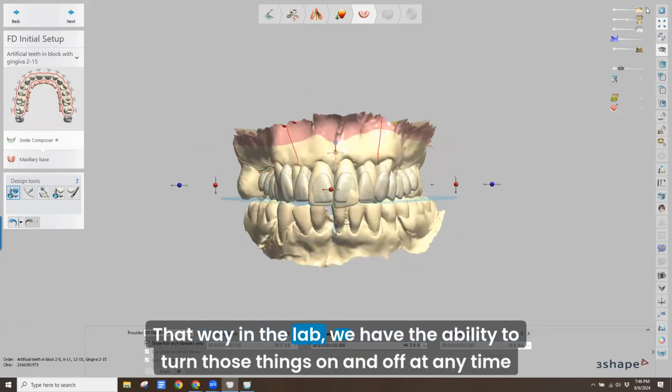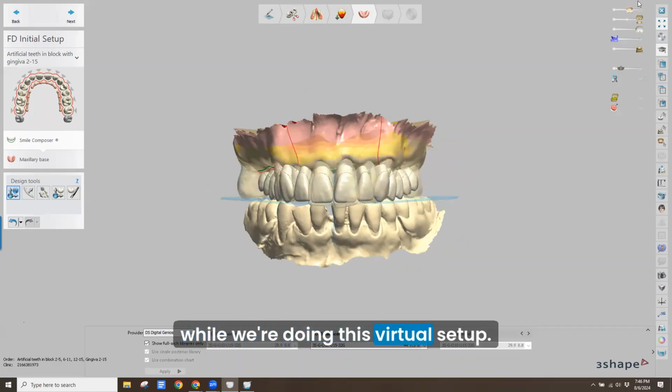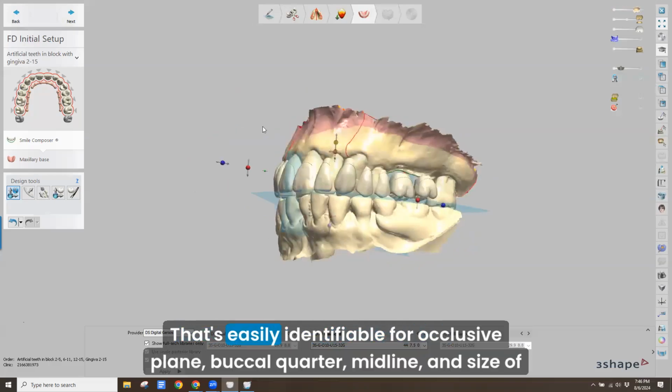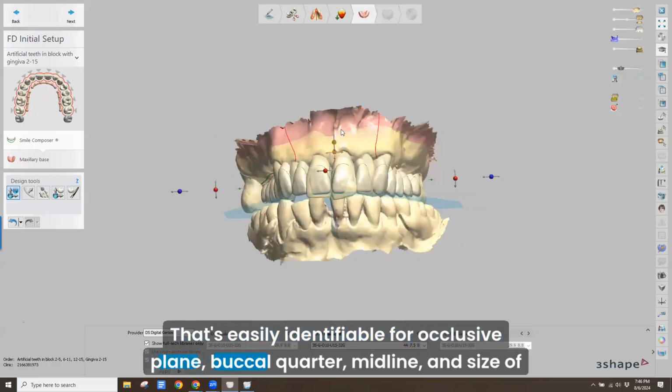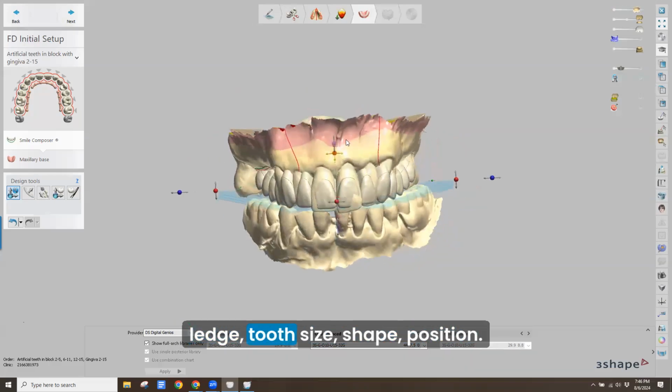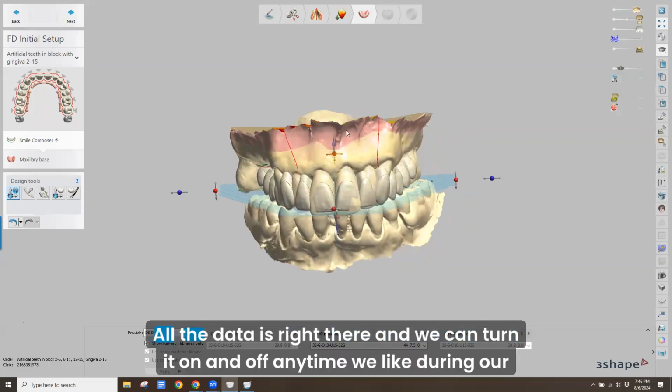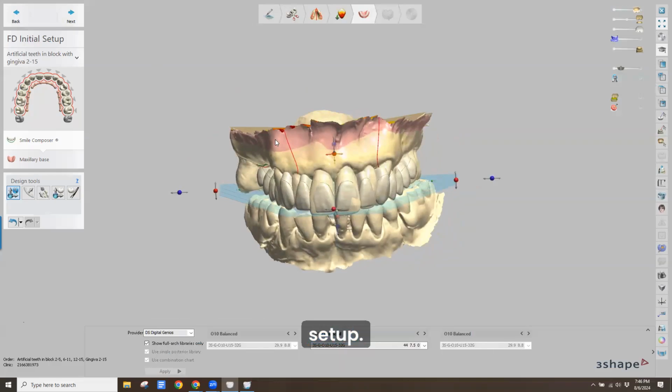That way in the lab, we have the ability to turn those things on and off at any time while we're doing this virtual setup. And that's our guide. That's our directive, right? That's easily identifiable for occlusal plane, buccal quarter, midline, incisal edge, tooth size, shape, position. All the data is right there, and we can turn it on and off anytime we like during our setup. And other than that,